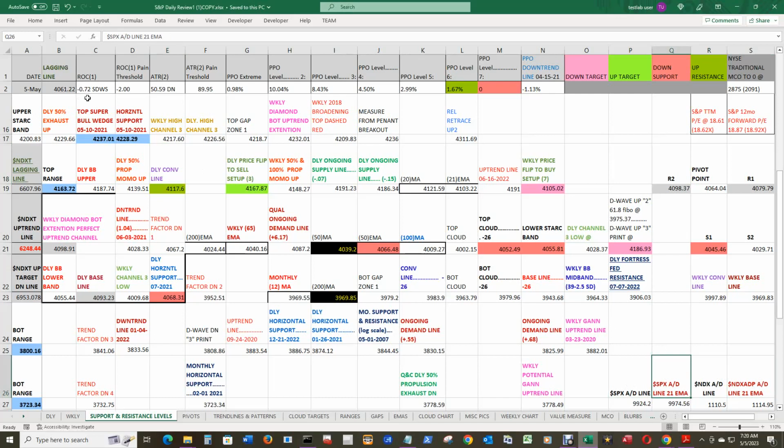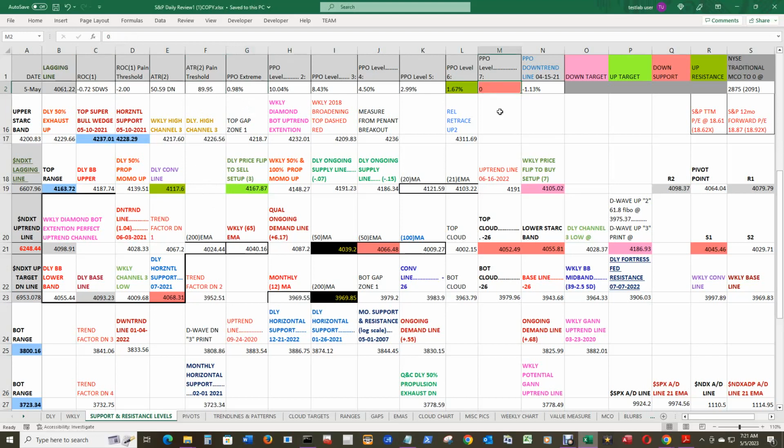The S&P 500 and NASDAQ 100 AD lines are still below their 21 EMA signal lines, respectively. The ROC 1 is at negative 72 and going sideways. And that's happened about 3 or 4 times that I know of. And every time it goes sideways indication like this, there's always ensuing upside. ATR2 is at 50.59 and pointed down, just about to get back under its volatilities line and back into the green zone. And the PPO extreme is at 0.98% above zero, just about 1%.